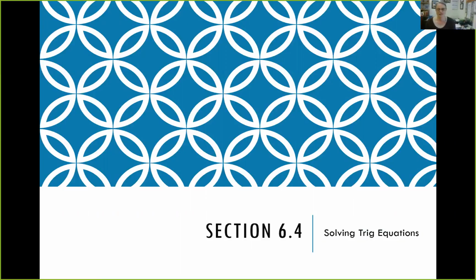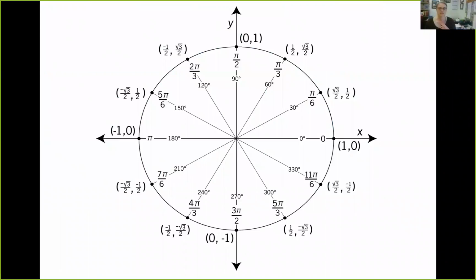So let's remind ourselves, remember the unit circle is really important. And speaking of the unit circle,